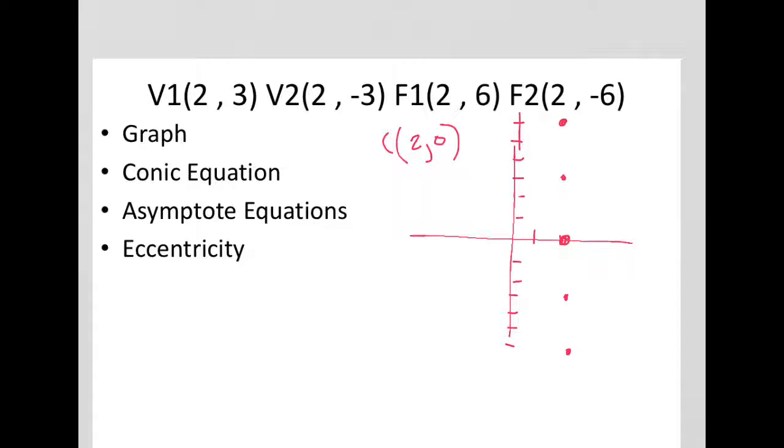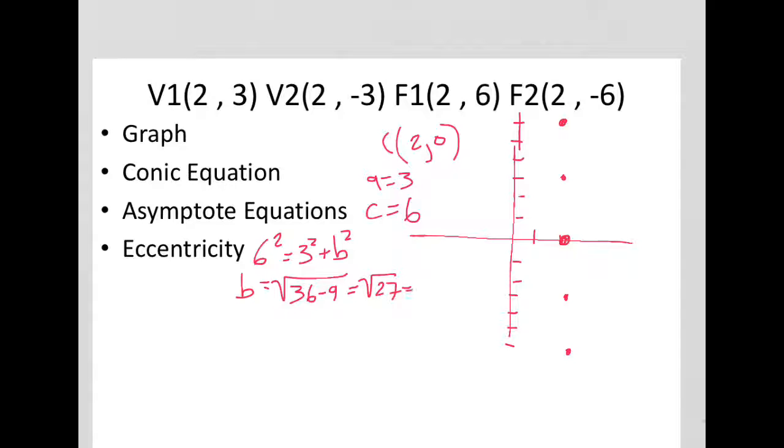Remember what this now tells us. The distance from my center to my vertex is a, and that distance is 3. So a equals 3. The distance from my center to my focus is c, and that distance is 6. And I can use that with the equation c squared equals a squared plus b squared to solve for b, and find that b will equal the square root of 36 minus 9, which is the square root of 27, which is 3 root 3, which is roughly